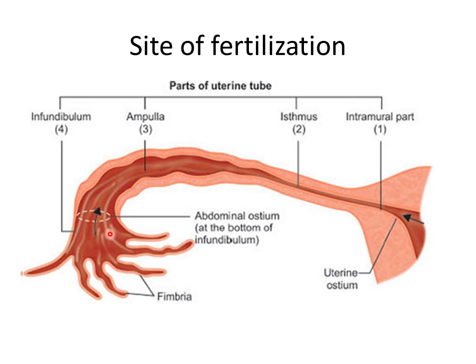From the infundibulum, the oocyte passes into the ampullary part of the uterine tube. The onward movement of the ovum occurs due to beating action of the cilia of the tubal epithelium. Peristaltic contractions of the tubal smooth muscle also help in the onward journey of the ovum,